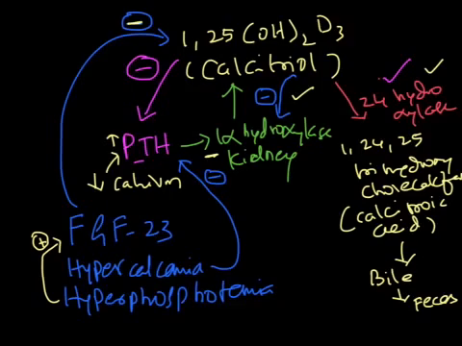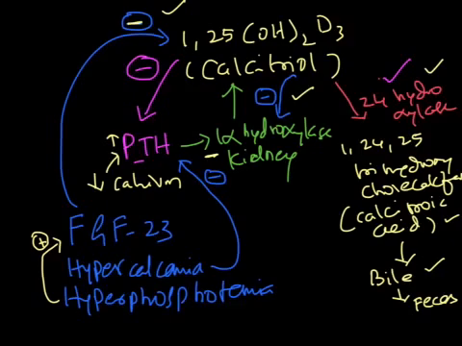Thereby it is going to be converted into 1,24,25-trihydroxycholecalciferol, which we call calcitroic acid, which is excreted in the bile and appears in feces. Now excess levels of fibroblast growth factor 23 have a negative effect on 1,25-dihydroxycholecalciferol. If the person has hypercalcemia, it is going to decrease parathyroid hormone, thereby 1-alpha hydroxylase is not stimulated, so that decreases 1,25